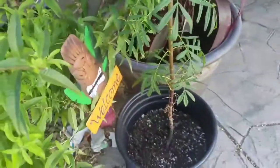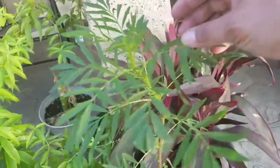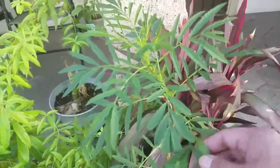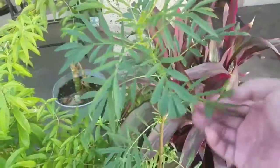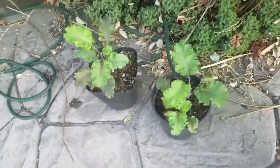Now over here is the Peruvian mint, the huacatay. This one was from Gloria. The bigger one did not do well, and I tried to take it out of the pot into the bigger pot, and the roots went into shock and died. But this one is maybe about, let's say, 3 feet tall now. Some more purple kale,